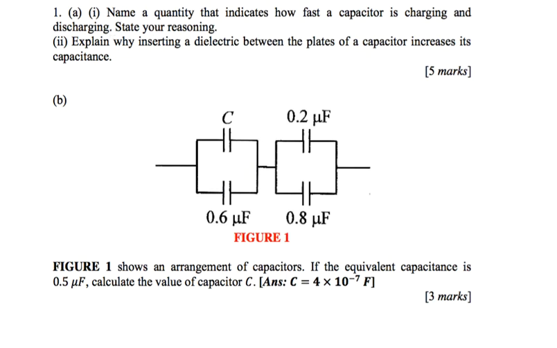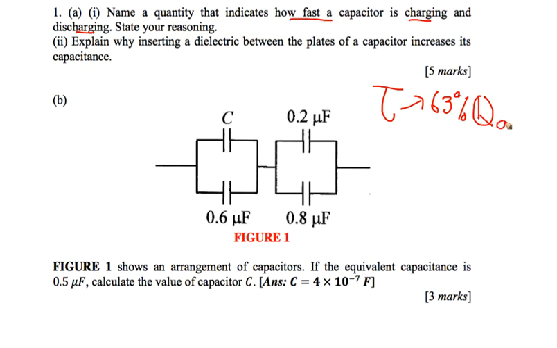Hi, question number 1. We need a quantity that indicates how fast a capacitor charges and discharges. For how fast charging and discharging happen, you can refer to the time constant tau. For the charging process, you can find the time taken for 63% of charge Q